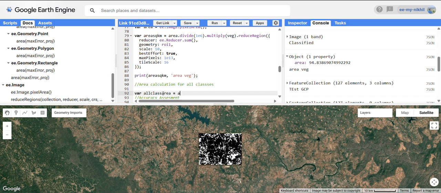So for my area, I will divide it by 1e6 so that all my results will be in square kilometers, much more interpretable. I will add the band of my classified ROI1,